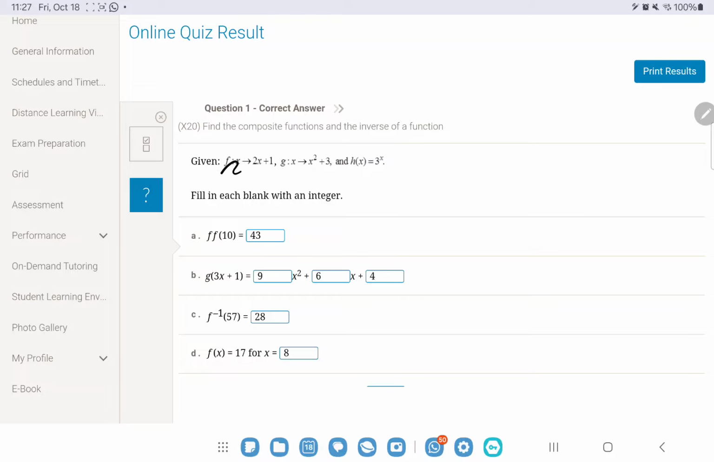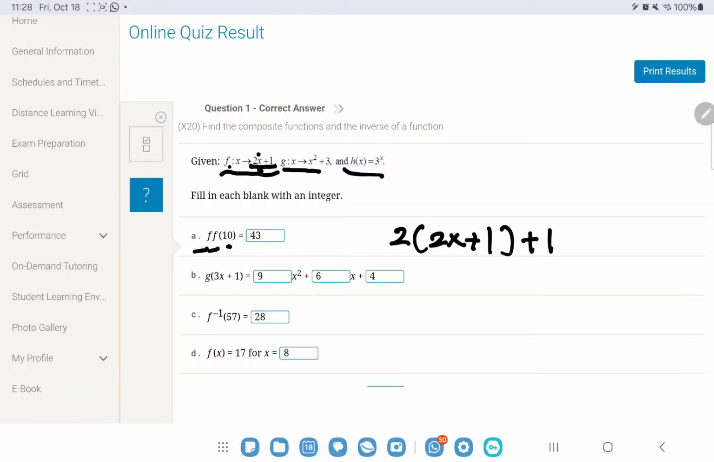So first question, it's giving us these three different functions, and now they're asking us questions. So the first one is f of f of 10. It means every time you see the letter x, replace it with 10, and we need to replace f in f. What that means is you replace this function every time you see the letter x in f. So instead of putting x, you put the entire thing, 2x plus 1